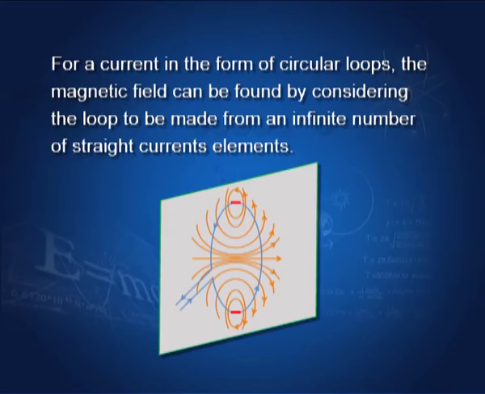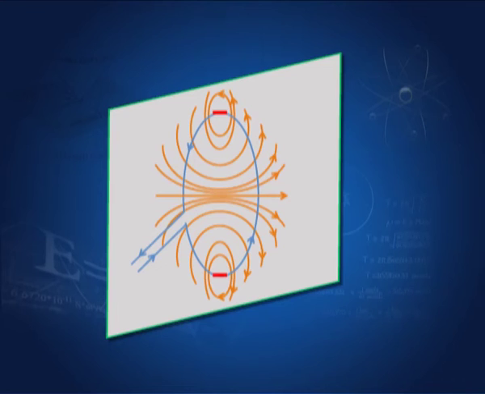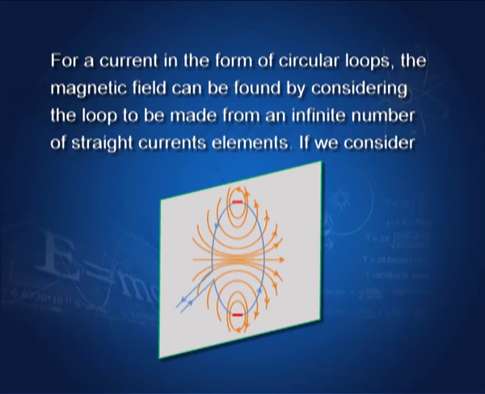That is, I break this circular loop into infinitely small sections of the current, and each is a straight section. Therefore, I have found the magnetic field due to a straight current, and I apply that result. So, this is a loop. I take two diametrically opposite segments shown in red here, and these are straight, and therefore the loops are formed around this. You can see that because of this diametrically opposite arrangement, the field at the center of the loop is in this direction, perpendicular to the plane of the loop. That is an important thing to remember.